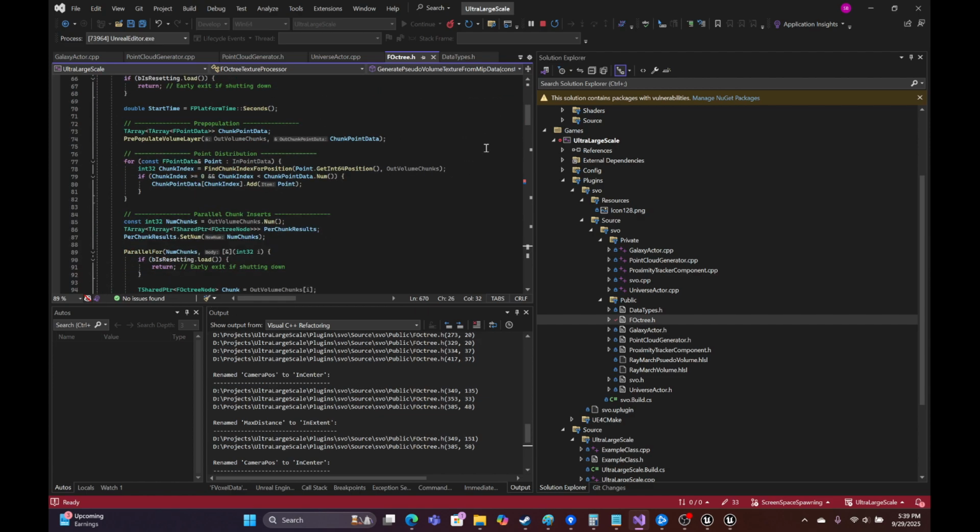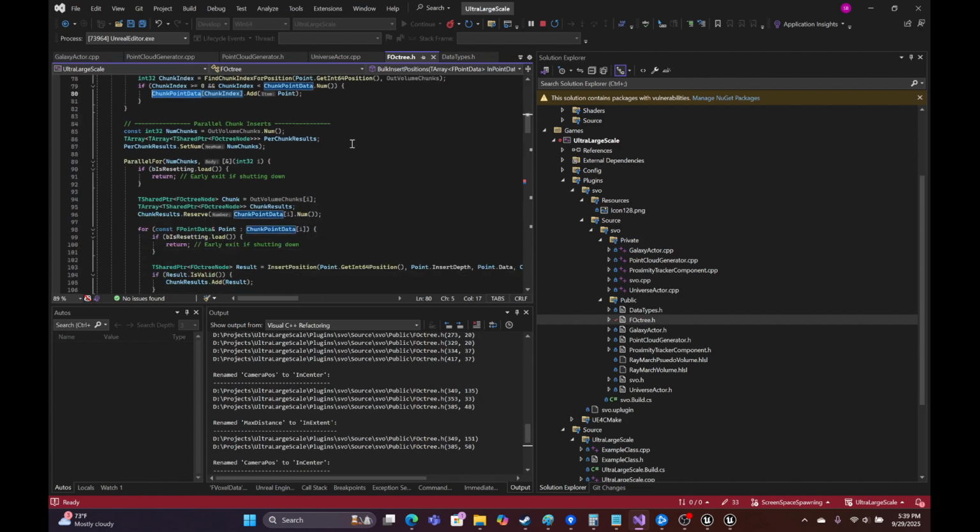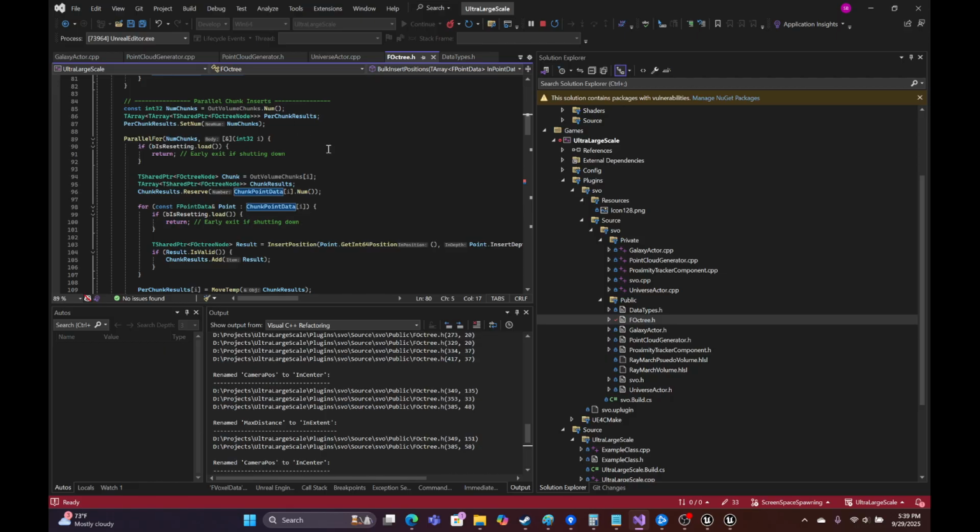So the first thing it does is it pre-populates the volume layer exhaustively. So our layer that we're extracting our volume from just gets populated with a bunch of empty nodes. The next thing it does is it divides all of our point data up into baskets for our chunks. So we take our input point data, we split it up per chunk, and we add it to an array there. And then finally, because this is the expensive part, we create a parallel for with our number of chunks,